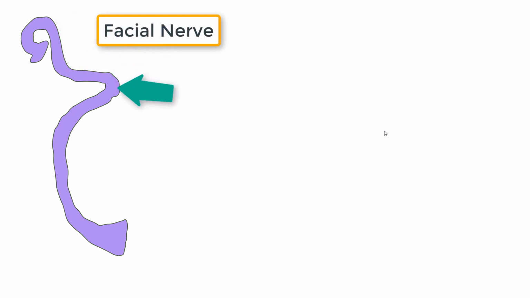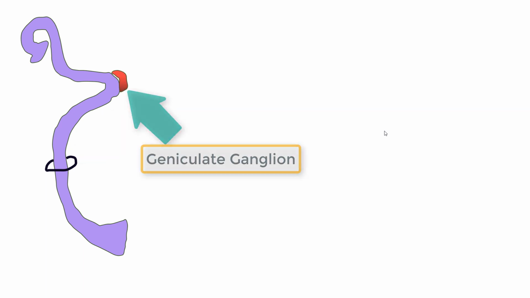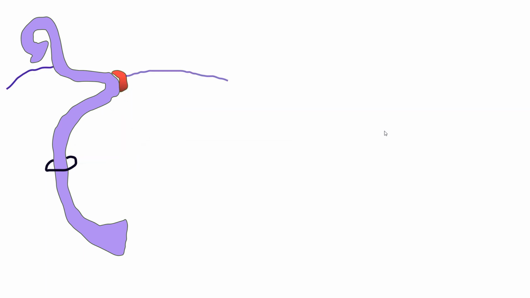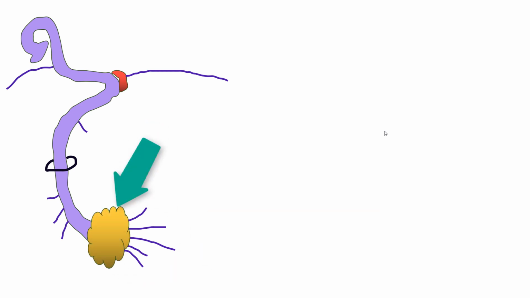Now, just to orient ourselves, this is the facial nerve coursing through the temporal bone and exiting via the stylomastoid foramen. Here is its geniculate ganglion, and throughout its course, the facial nerve gives off several branches, amongst them they share sensory, motor, and autonomic functions. The terminal branches will be the filaments innervating the muscles of facial expression after dissecting through the substance of the parotid gland, which is located back here.